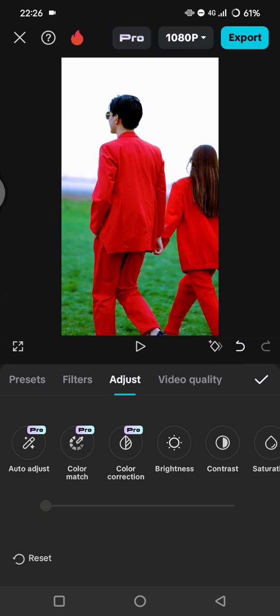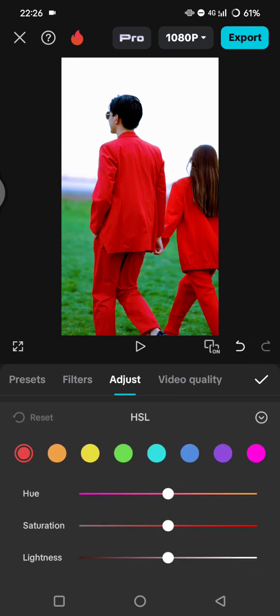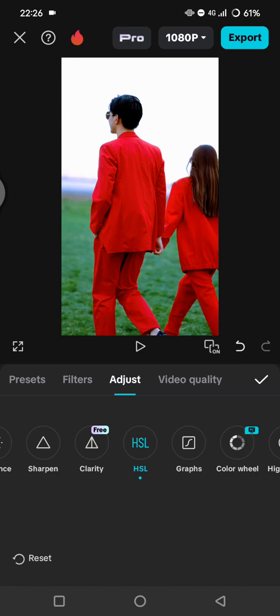Click on adjust, and now you can go to the HSL and adjust the color of your video. You can adjust it accordingly with your video. I'm going to adjust the red and also the green color here. Okay. Once you're done with the coloring, you can